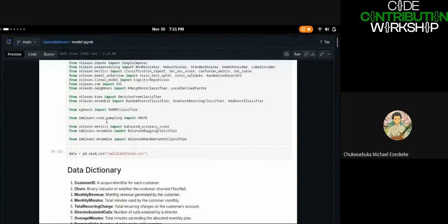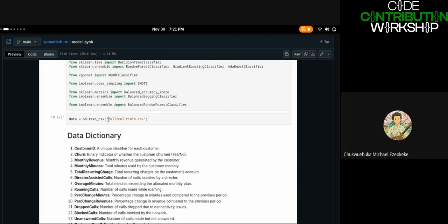So once you're done importing them, you now have to load your data set. Your data set could be in an Excel file format or a CSV format. In this case, the data set I was working with, cell to cell train.csv, is in a CSV format. So since it's in a CSV format, I have to read this data set into a pandas data